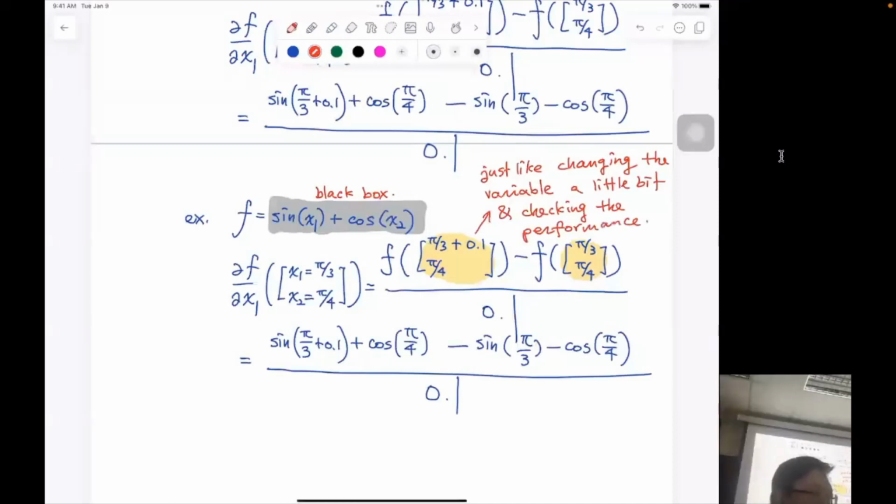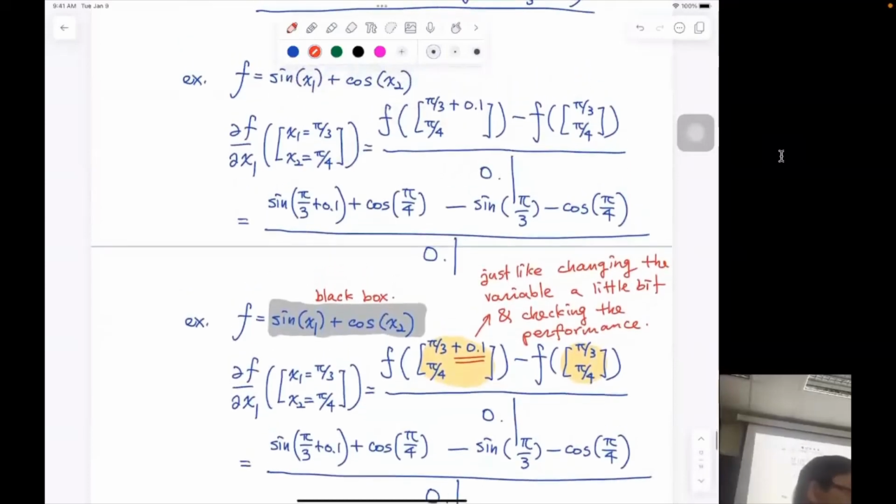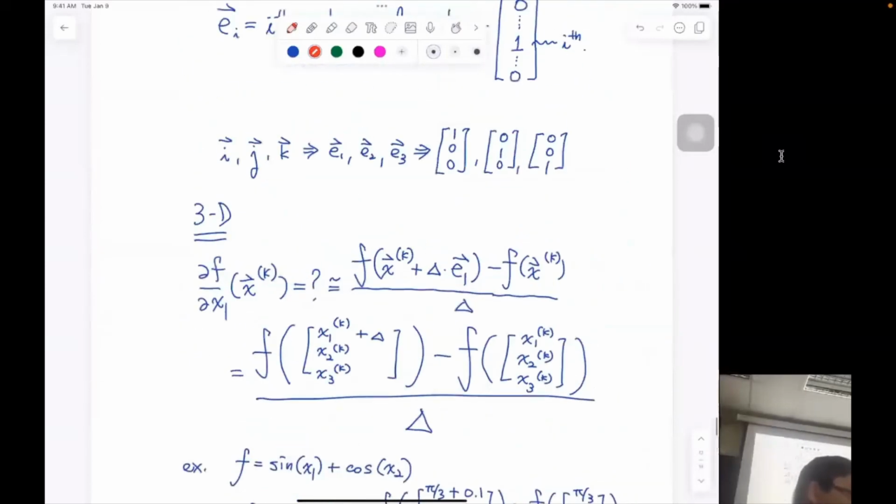Right? Because f is your performance. You change a little bit, just by a little. Okay? So if you can do that, if you can evaluate the partial derivative, then you actually can